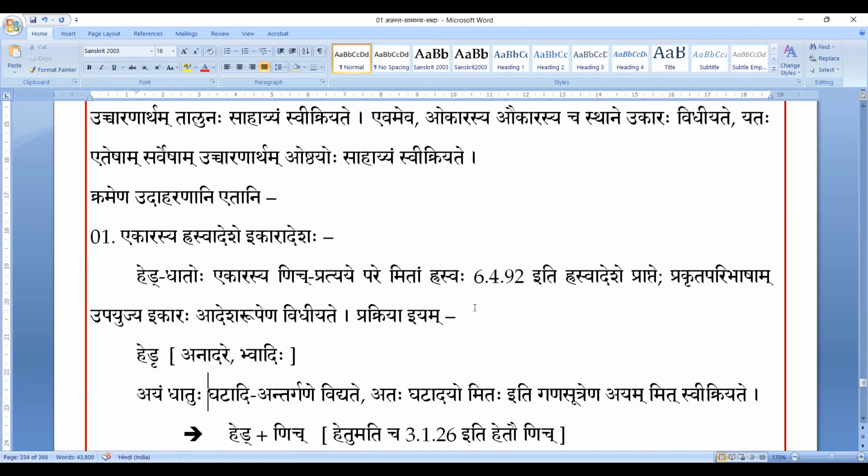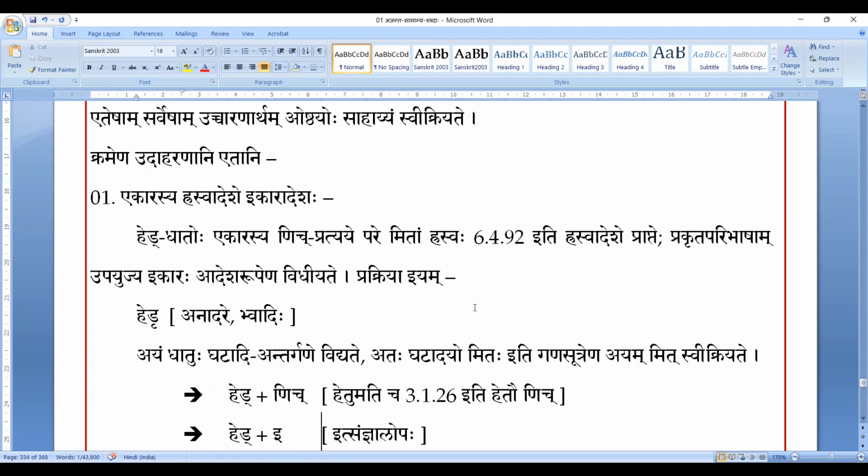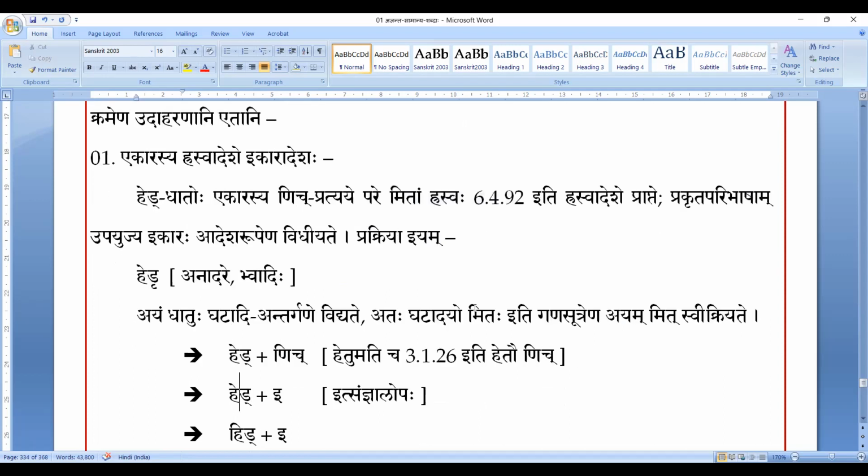Gatadi antargana dhatu, we know Nitam Rasva by that sutra. Nitam Rasva Nich pratyaya pare: it should be replaced by a Rasva letter. So we have to find the appropriate Rasva adesha. Therefore we see the application of this paribhasha sutram, Echaha Rasva adesha, which will be replaced by I. Therefore Id